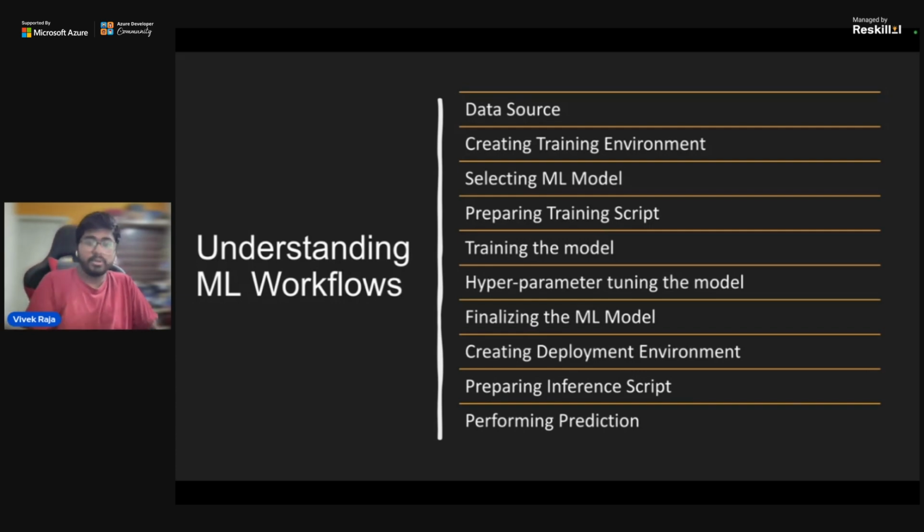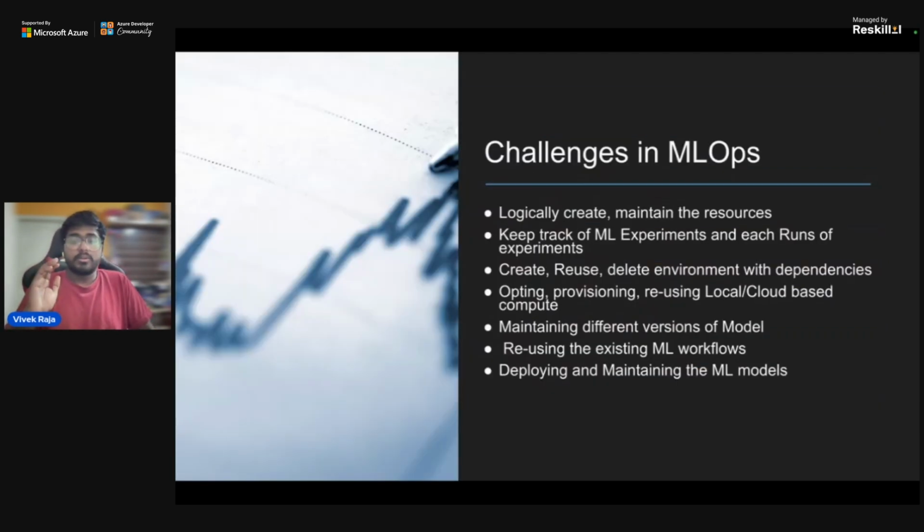Now we pretty much know what really happens, but what are the challenges I encounter here? Let's imagine I was telling you that you have to try different models and different parameters. How do I keep track of the results? Let's imagine I have a training environment that I could reuse for my deployment. How could I create, reuse, and delete this environment? Of course, one might say, just use Git and maintain your versions. Yep, that works. But imagine you're working at a scale where your code can be versioned, but what about the dependencies and the resources that you want to maintain?